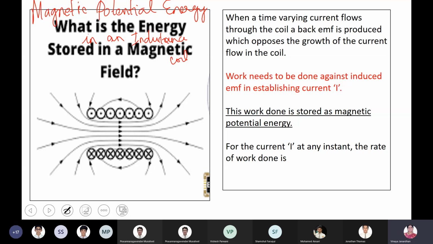Now you should know the principle behind this. Let me once again go for self-induction. Suppose I take a solenoid connected to a DC power supply. The moment you switch on the circuit, the current flowing through the coil is going to increase. Say the maximum current that can flow through the coil is 5 ampere. The current starts increasing from 0, 1, 2, 3, 4 till it reaches the steady state.